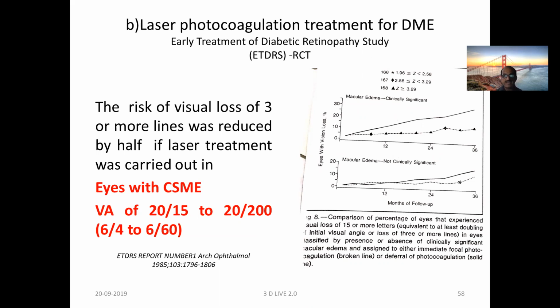So what they did was they took clinically significant macular edema. They divided into two groups. Pay attention to this chart. One group they did not treat by laser, another group they treated. They also took macular edema without clinically significant macular edema, and they also treated one group without laser and one group with laser. So what they found at the end of 2 years or 3 years